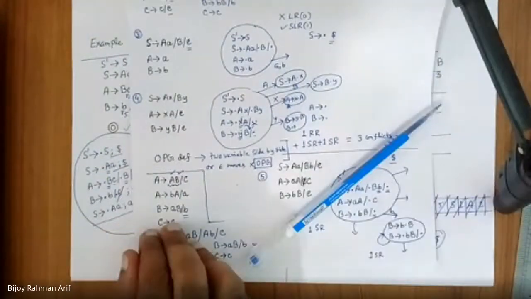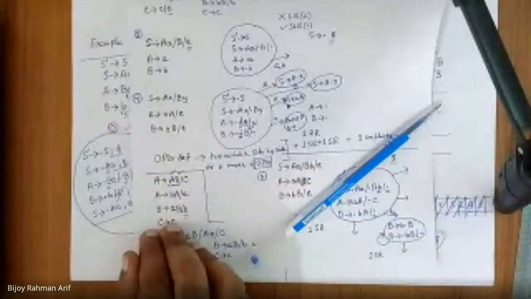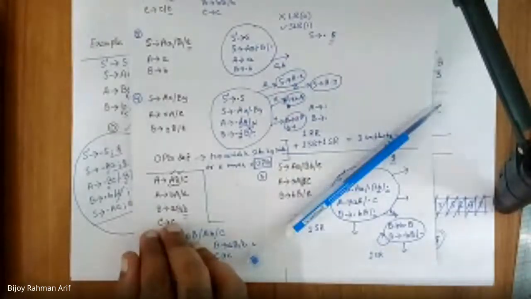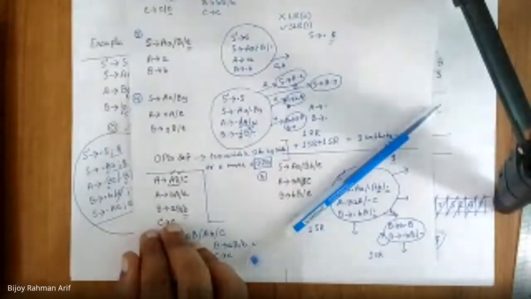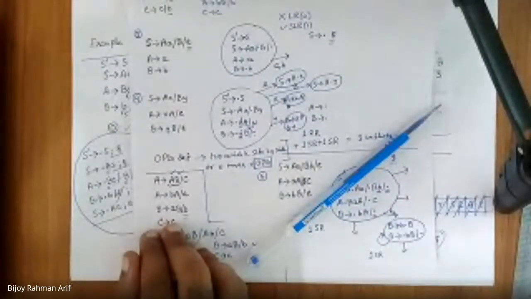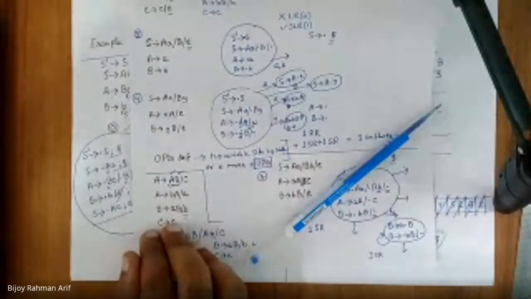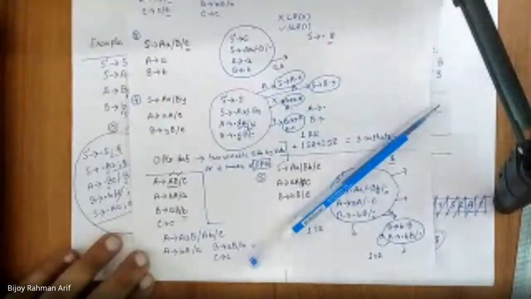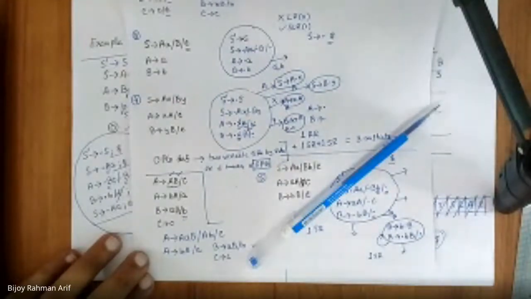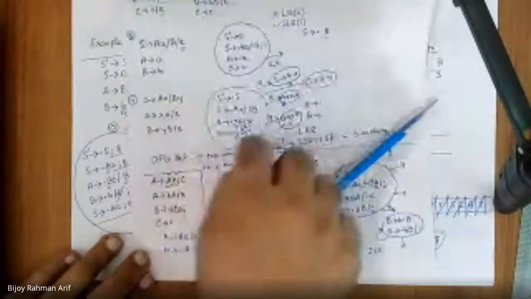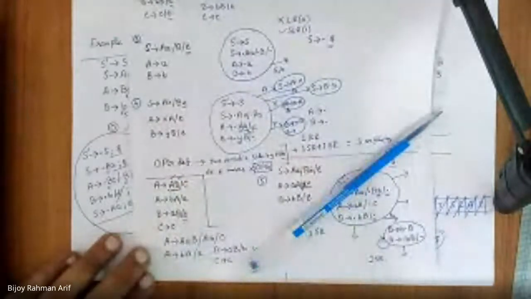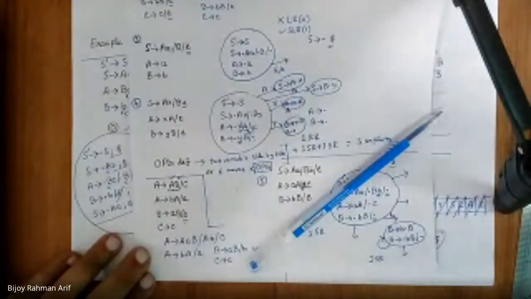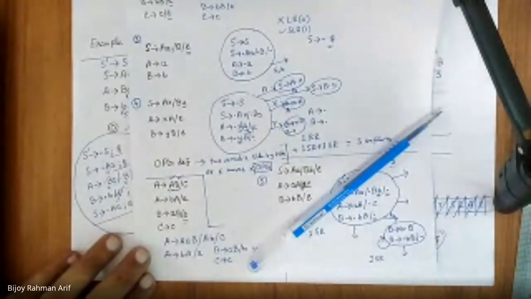Okay? Do you have any question? You can ask. No, sir. All right. So I have picked some of the questions and give you the solution. So it is better to draw the whole transition diagram, then find out the SR conflicts. Yes, sir. And please remember, if each state has a R move, then consider it only one SR conflict. Don't consider it two SR conflict. Then it's a problem.